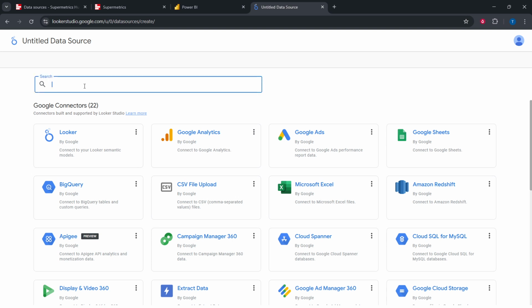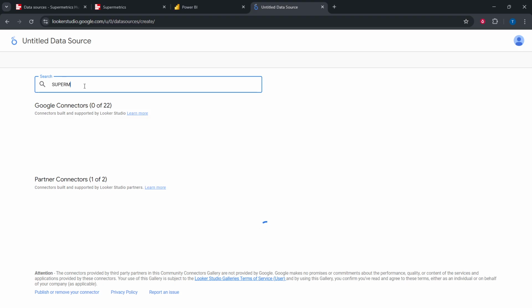Next, in the connector gallery, use the search bar to find Supermetrics connectors. Supermetrics provides a wide range of marketing and analytics connectors, so filtering your view by that provider will save time. Confirm you're selecting the official Supermetrics connector by checking the provider name, and remember there are different connectors for different